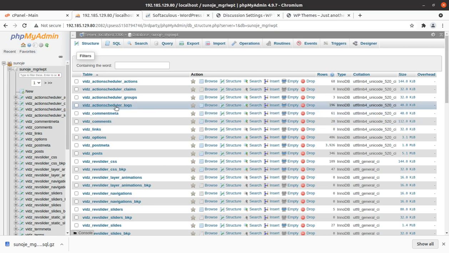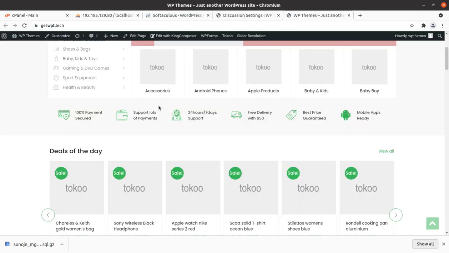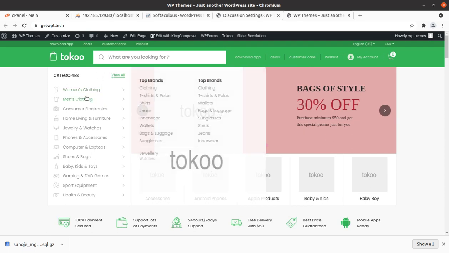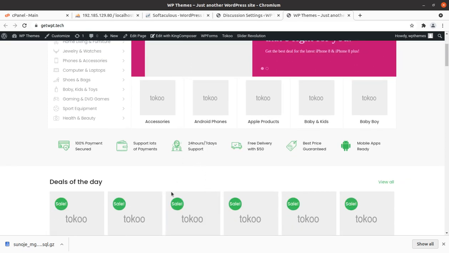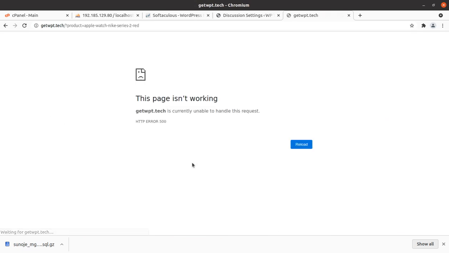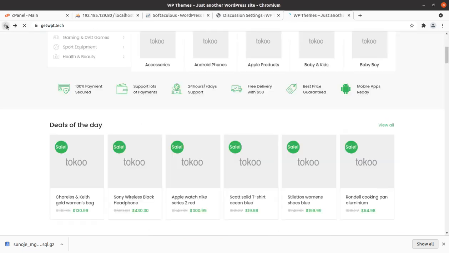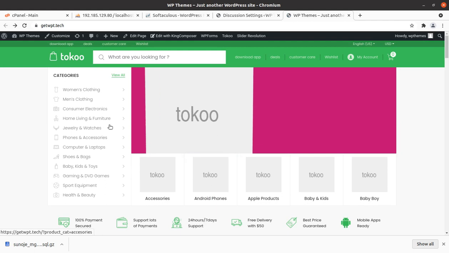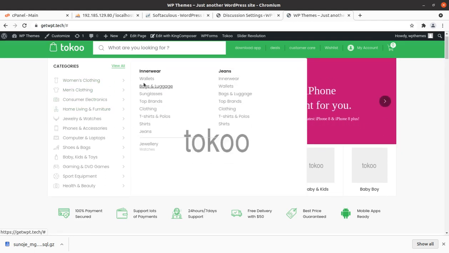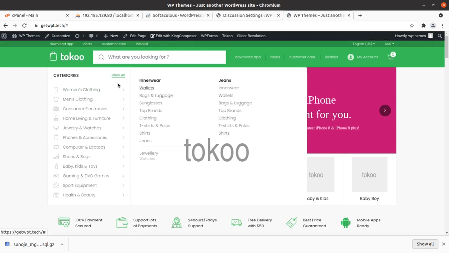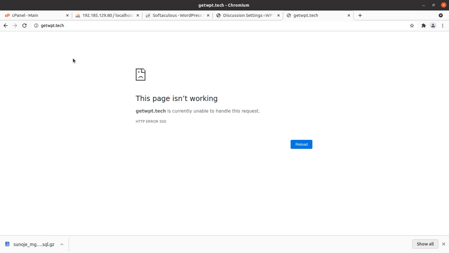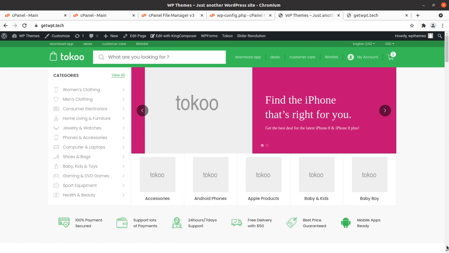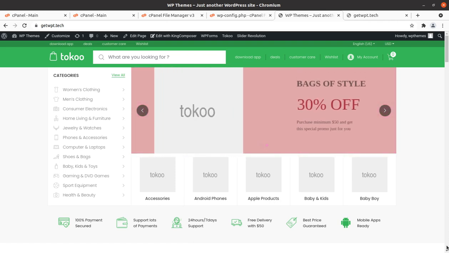So let us assume we are going to optimize the database for the site. This is the site, and it is already optimized. In fact, I am just showing you. So it is already okay. It is not working, in fact. So this is a demo installation only, and let us check the other things that should work, I believe. Sunglasses, Toko, this is not working. Okay, so there was some problem in my internet, in fact, so it is working fine.